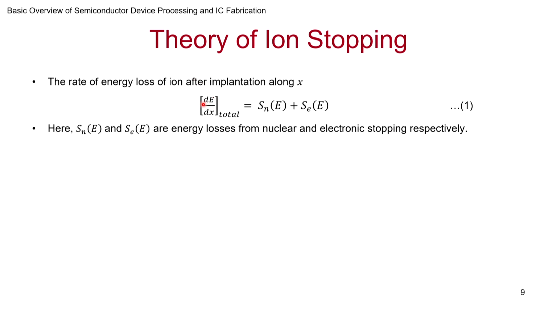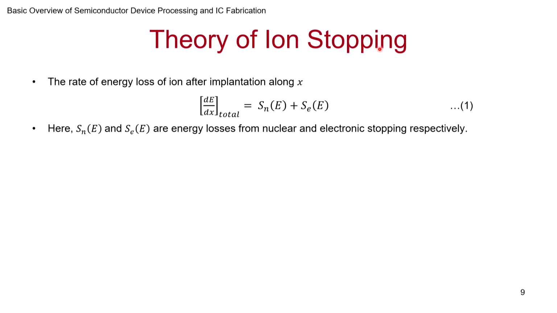Now, once it crashes into the target, how does it lose its energy? That is the key part, because finally when it stops losing its energy, it stays put there. It has reached its final destination, and that is where the implanted ions are going to pile up. So, we need to understand how the dissipation of energy takes place, and we break the dissipation of energy into two components. One is dissipation due to the nuclei that are present in the target, or the electrons that are present in the target.